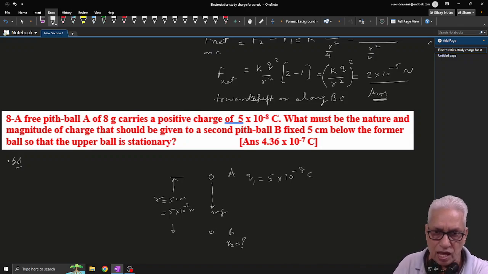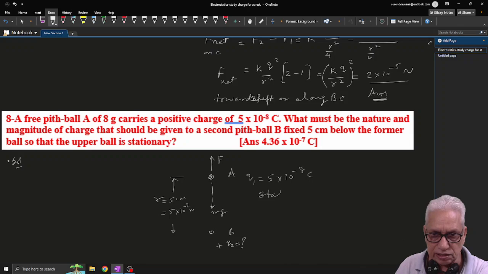So that upward charged body is stationary, it has only the mg force acting in the downward direction, so the upward force must be there. This is the electrical force. If it is positive, Q2 charge must be positive. If it is negative, it will be attracted. So the mg force and this force will be coming downward, so it will fall down. But if it is stationary, it means this force must act in the upward direction.